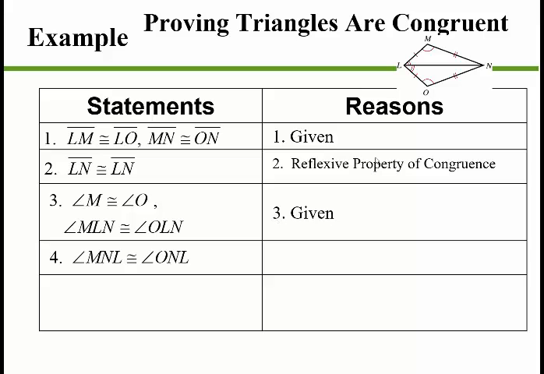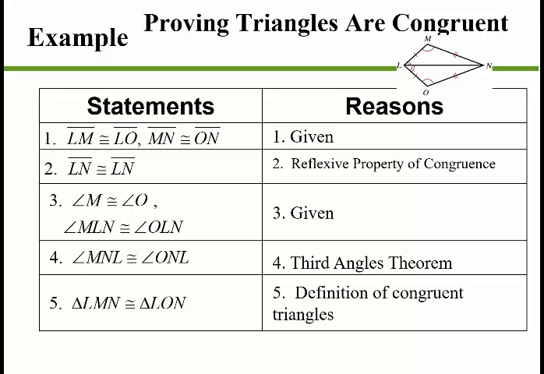Well, then it must be that the measure of angle MNL is equal to the measure of ONL, right? So those two interior angles must be congruent, and that's by that third angle theorem that we've been talking about. So now what I've proven is all the interior angles are congruent to their opposites, and the three sides are congruent to each other. So then it must be that triangle LMN is congruent to triangle LON, and that's by the definition of congruent triangles, because all their corresponding sides and corresponding angles